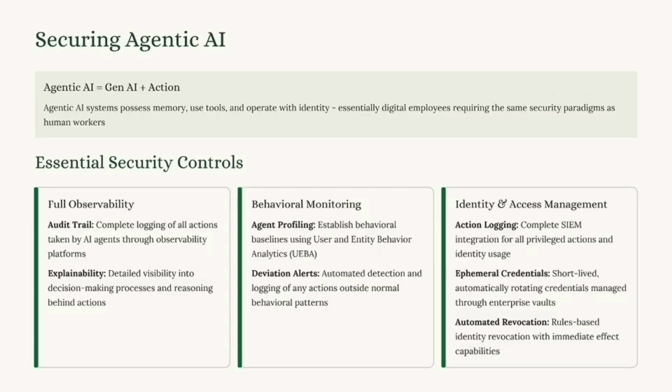Identity and access management. Make sure that everything is being logged back to the SIEM so you know all the actions that are being taken, so you can take all of the analysis and signals and then look and say, are they doing things that they shouldn't be doing? Leverage ephemeral credentials where you can. And then be ready at some point, if this thing goes and looks at HR when it shouldn't be, how would you, within minutes, revoke the access for that agent, shut that agent down? Things to consider.